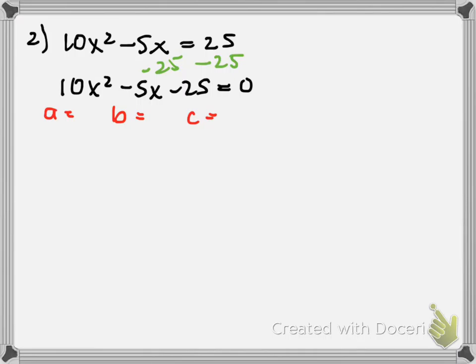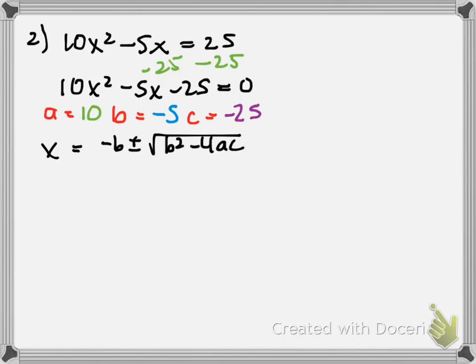So A is, couldn't you simplify? No, you may not. I just said that. You may not simplify. A is 10. B is negative 5. C is negative 25. And then we substitute it into x equals negative b plus or minus square root b squared minus 4ac all over 2a. So we have x equals the negative of negative 5